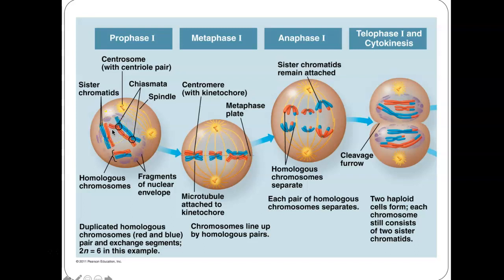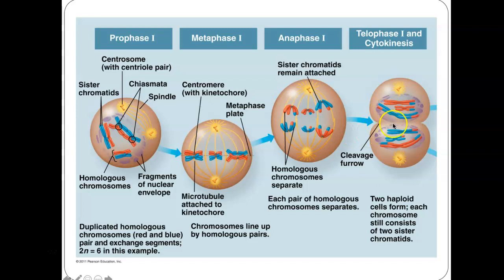All right. I know this is kind of confusing. They line up in the middle, they get pulled apart. Do you see how this one isn't all red? There's some blue parts on it. Why is that? What you should answer is, oh, because of the crossing over that occurred. They exchanged pieces. I hope you can start seeing why, even though you are the offspring of your mom and dad, and they're the offspring of their mom and dad, you're never going to be identical to anyone in your family. And it's because of this crossing over that occurs.